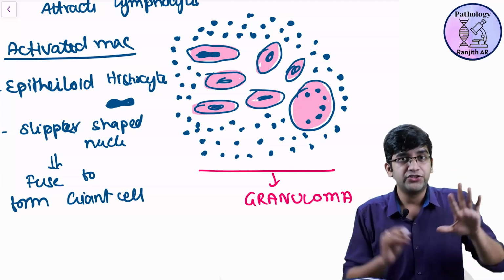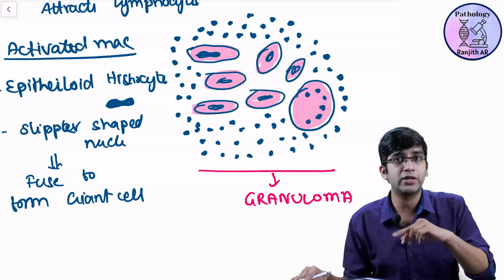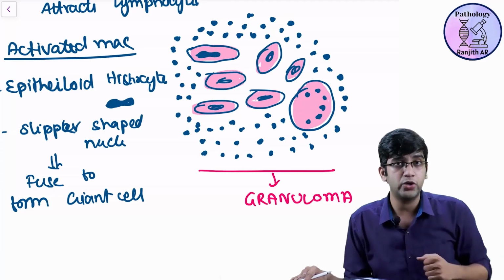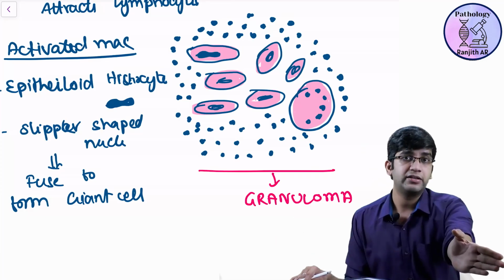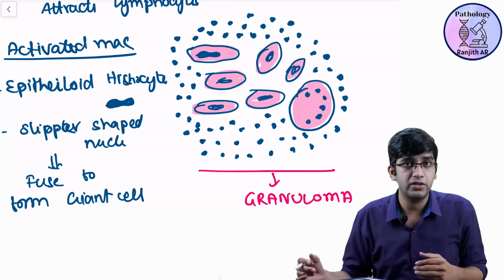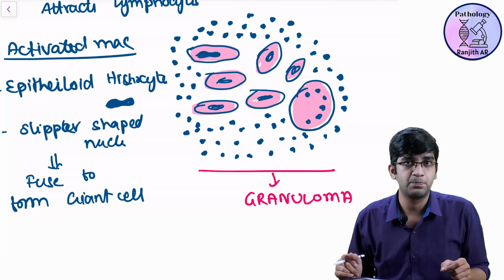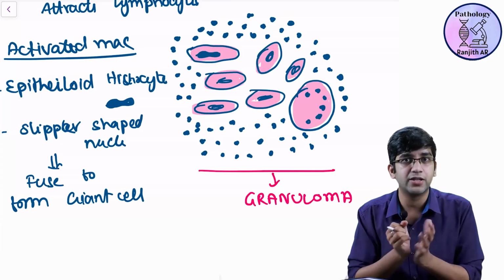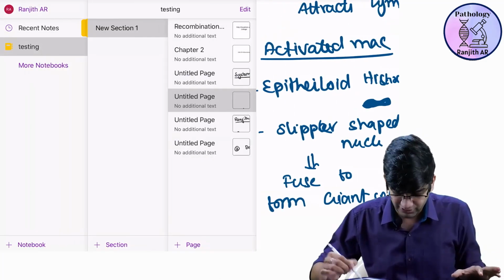See, when you draw a granuloma, when I give an image, you can easily correlate. If you just see the image, you will not be able to correlate. We know granuloma. Just put your pens down, again listen to me. A macrophage came, ate my tuberculosis, not able to destroy it, became an activated macrophage by presenting the antigen to my CD4, which gave me interferon gamma. Became activated, secreted interleukin 12 more, stimulated my T helper cells again, more interferon, more activated macrophage. All of them grew, formed the giant cell. One more thing, this activated macrophage secreted interleukin 1, which got the lymphocytes. If these guys are powerful, they'll put the tuberculosis in the center and kill them. Caseous necrosis in the center.